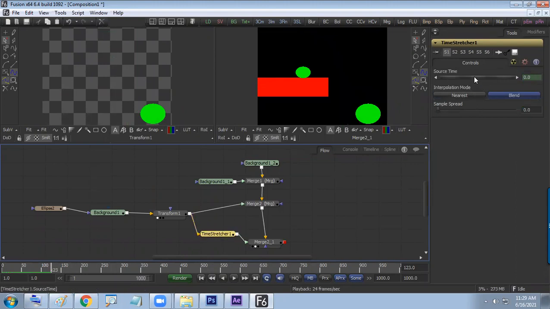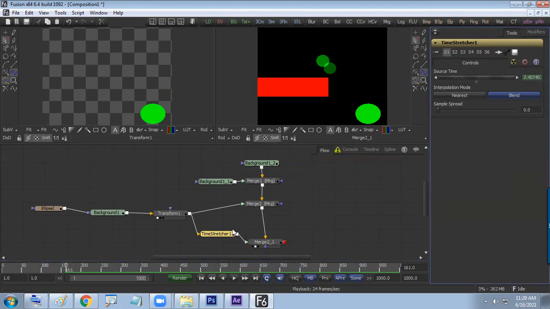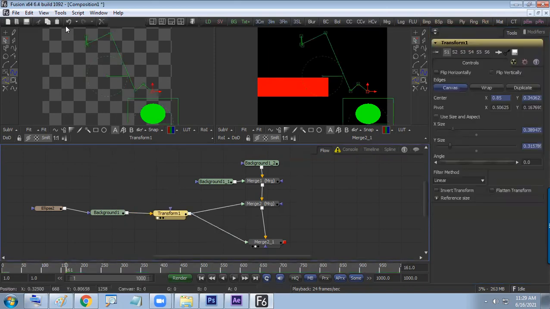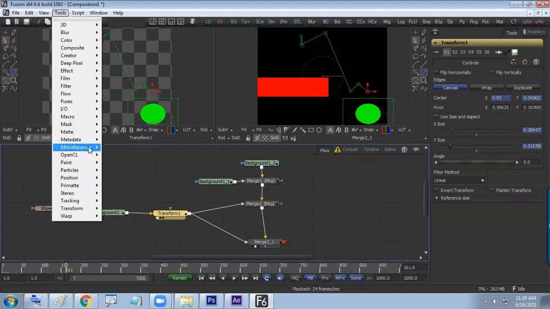So the source time is there in zero format. Then wherever we want, we can get it placed. So we are controlling the Time Stretcher to make the animation come when we want. Is it clear? What is the new node we have introduced? Time Stretcher. Where is it? Tools, Miscellaneous, Time Stretcher and Time Speed.